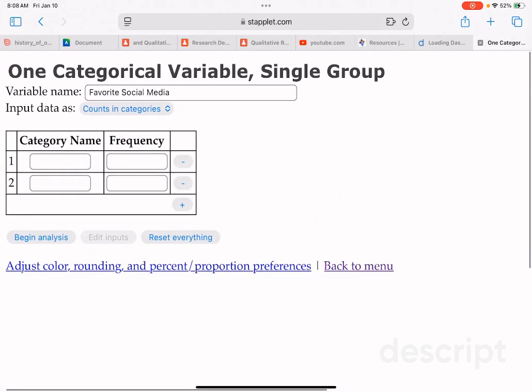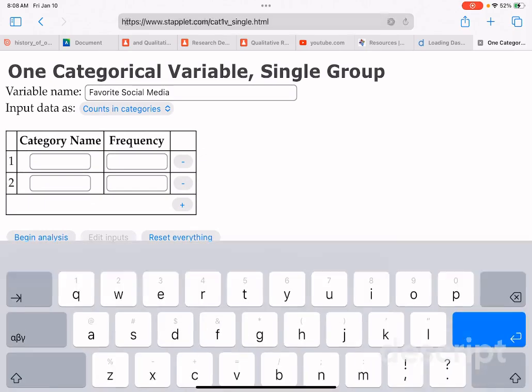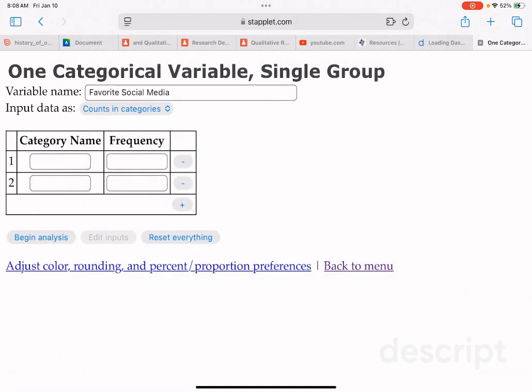And so that's why we used Statlet today, that little stats applet that we used. We'll use maybe calculators in the future. It's involved to do that. I wouldn't worry about it too much.